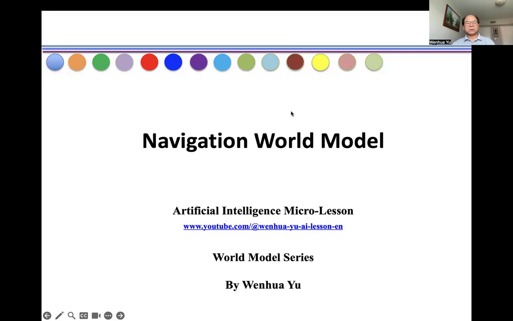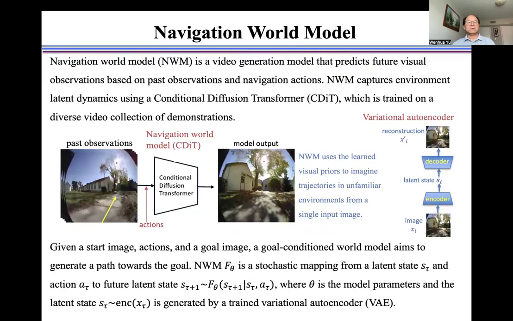In this video, I introduce a navigation world model. Navigation world model is a video generation model that predicts future visual observations based on past observations and navigation actions. Navigation world model captures environment latent dynamics using a conditional diffusion transformer, which is trained on a diverse video collection of